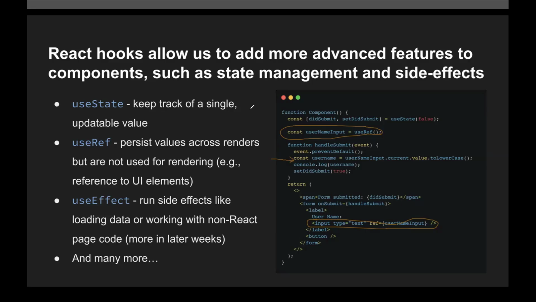You want to know when the mouse is over a button versus not. How you would typically do that in JavaScript is you would attach a mouse event listener, which is just a regular browser API, to then track whether the mouse is over the button. To set all that up, you would end up running that all in useEffect